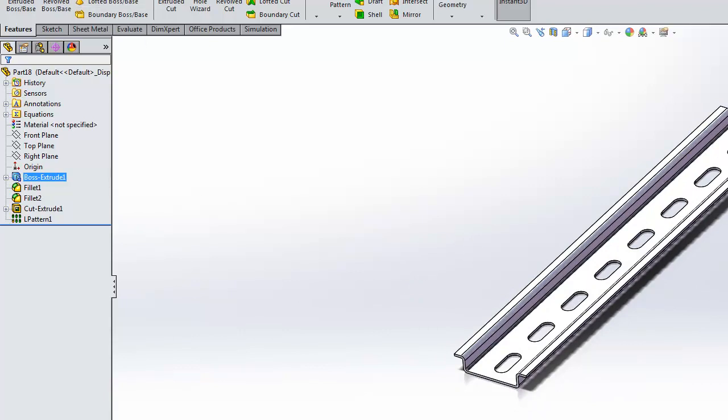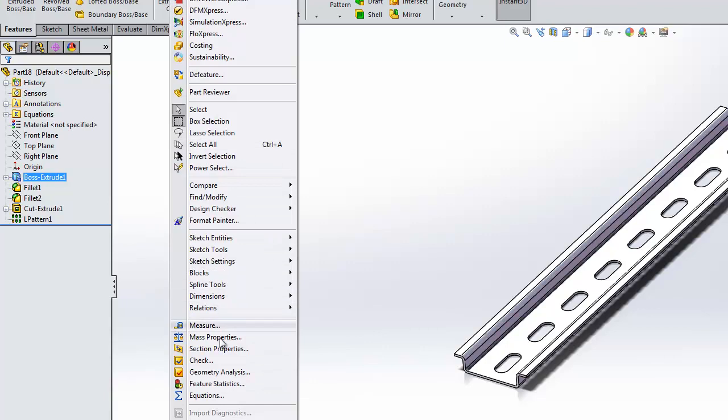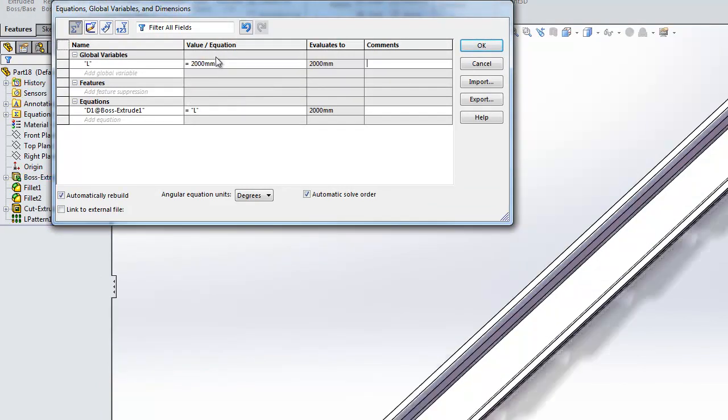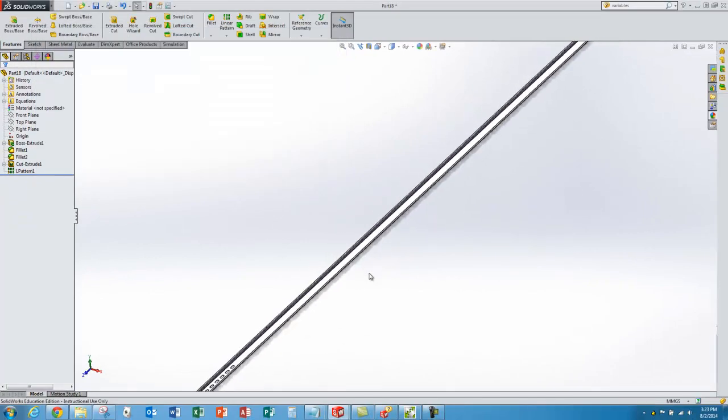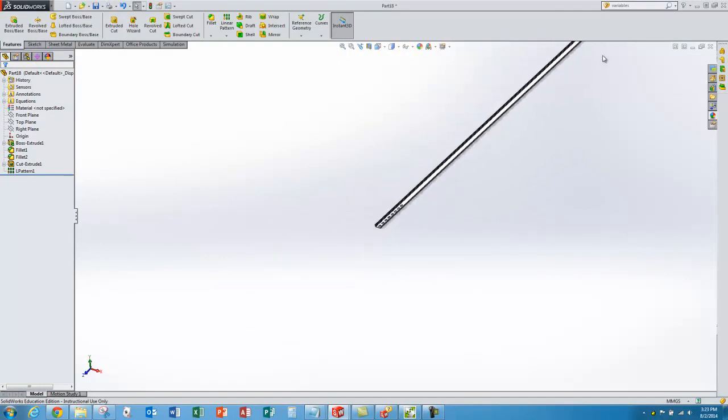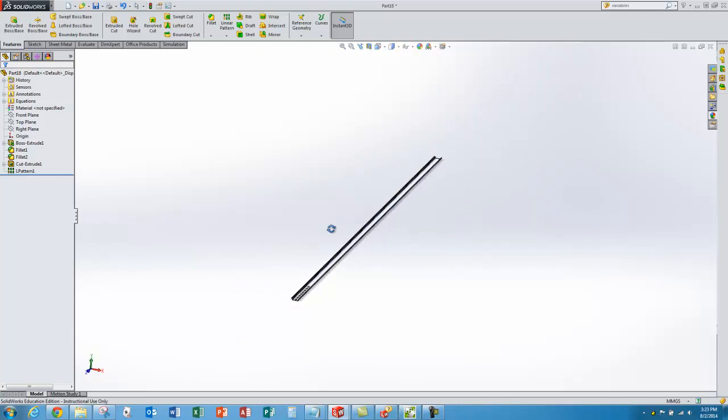So now if I go back to Tools, Equations, change my global variable to say 2000, which is the length of the DIN rail I purchased, it updates that because I've tied that to the length. However, you'll see my slots have not updated. So it seems to be I need to have another parameter for those slots, but really, based on my sketch over here,